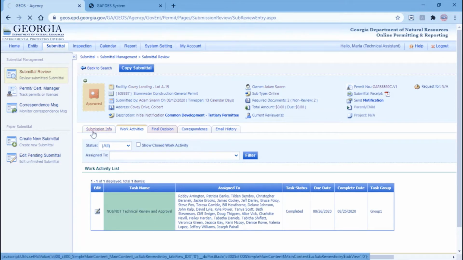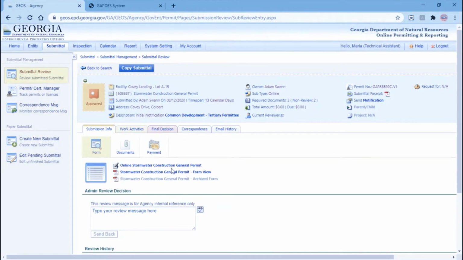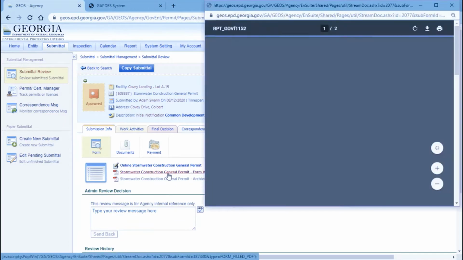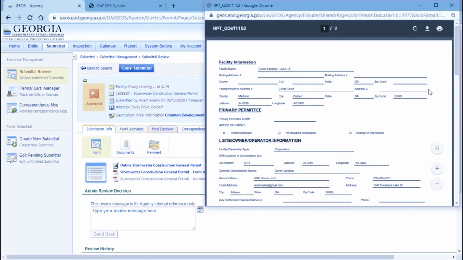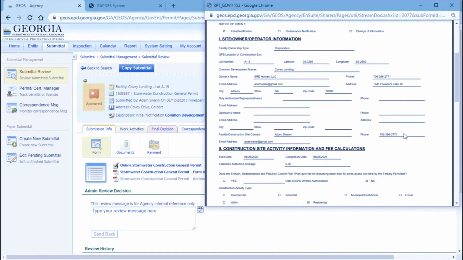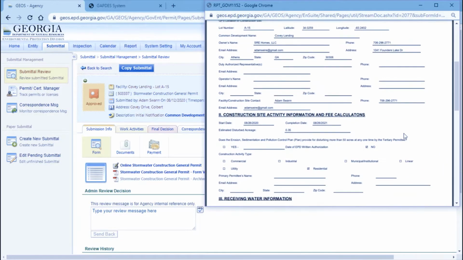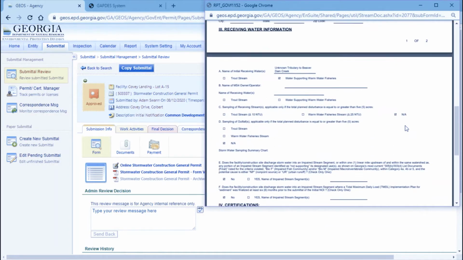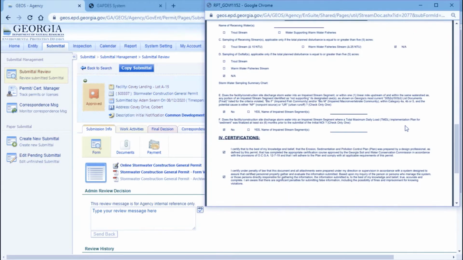On the Submission Info tab, you can see the form view as it was submitted when they applied for permit coverage. You will be able to see the facility information, site owner-operator information, limits of construction, disturbed acreage, whether or not there is a local issuing authority, receiving water information,